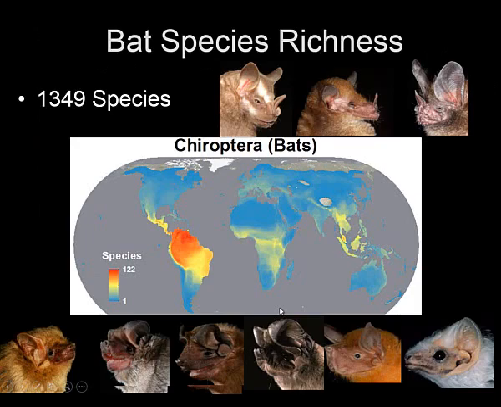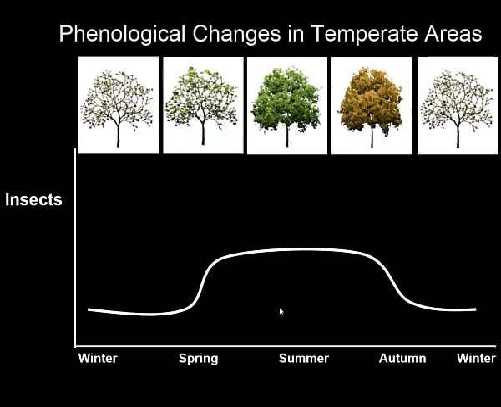Somehow. So I'll just start with the big picture. The latest estimate that I heard is that there's about 1,350 species of bats worldwide, and like most patterns of biodiversity, the diversity is highest in the tropical and equatorial regions, and it's generally believed that this is where bats evolved, in a place where they had abundant and stable prey, and then they've radiated north and south from there. And as they've radiated into some of these temperate areas, they are faced with a much different situation with the prey, where it was much more variable over time.